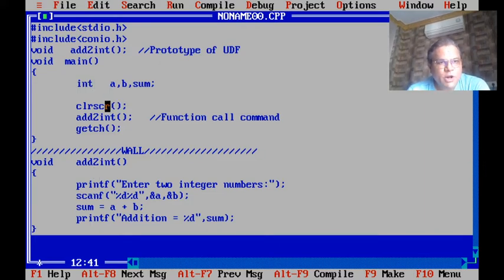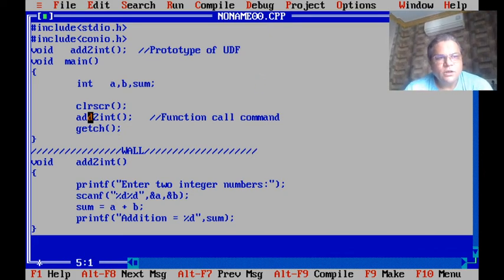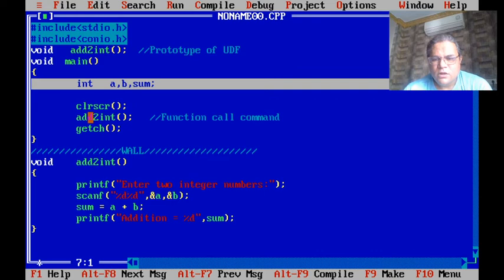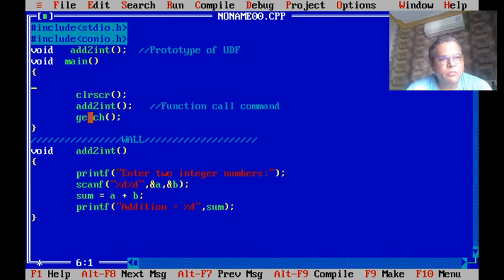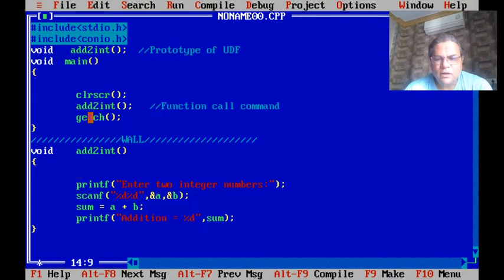But if you see the commands present in main, in no command are we using variables a, b and sum. So variables a, b and sum are declared in main but not at all used in main. Then why keep them inside main? What we will do is remove them from main and insert them inside the function.